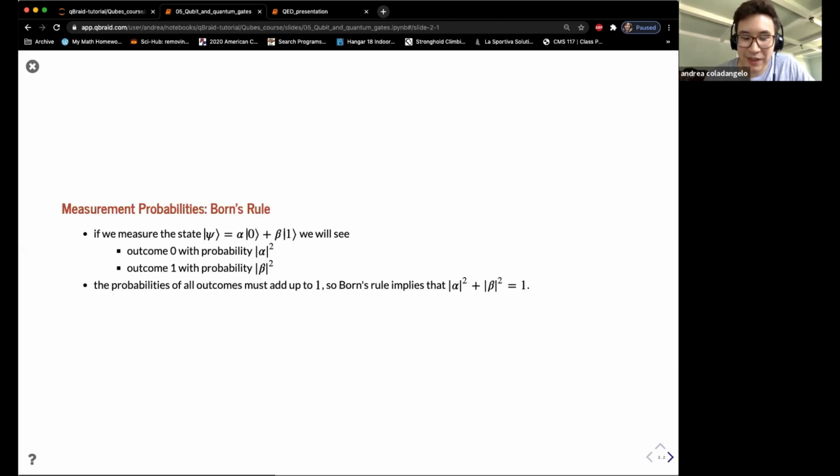Is there a derivation that getting outcome 0, 1 has a probability of alpha beta squared? That's a great question. And the answer to this is no, not really. It's not something that you derive. It's an axiom. It's an axiom of quantum mechanics. This doesn't mean that it's something that you have to be unhappy with, or that we can't grasp. So it's an axiom, which means that